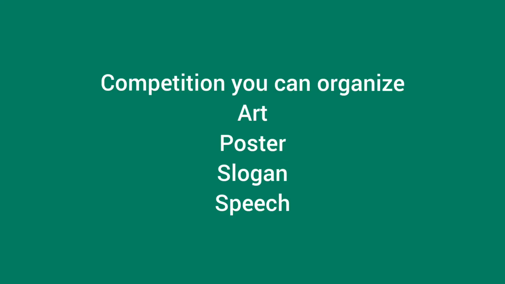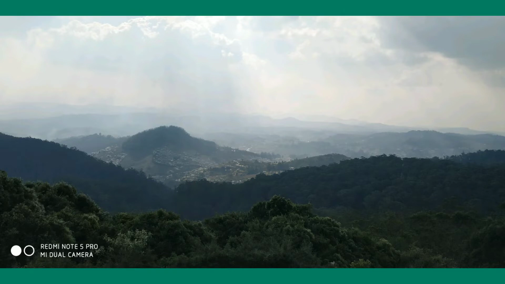The first thing that you can do in your school is organize a competition. And what kind of competition will that be? It can be an art competition, a poster competition, a slogan competition, or a speech competition. When students have these kinds of competitions in school, they will research more about it and learn more about it, and when they learn, they get into the detail of what the endangered animals in our surroundings are and how we can make changes to save them.